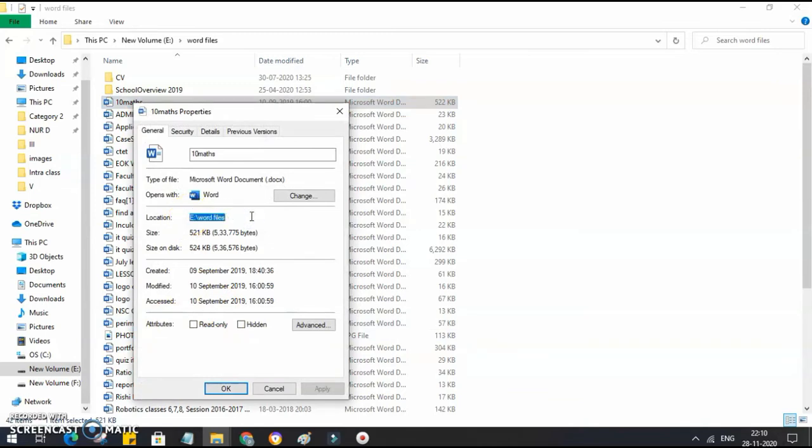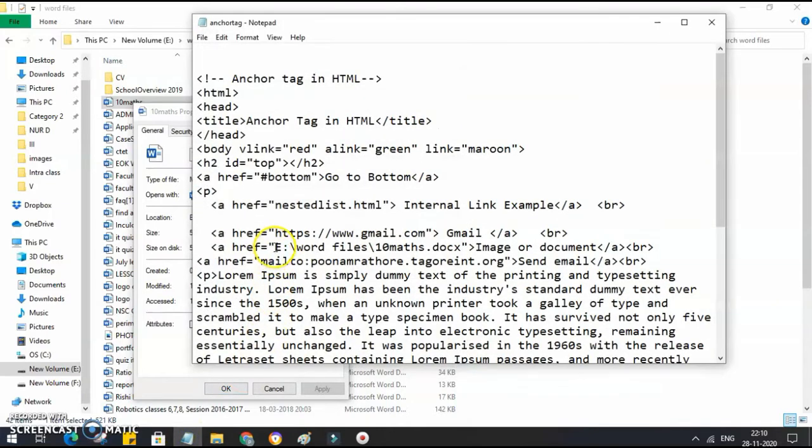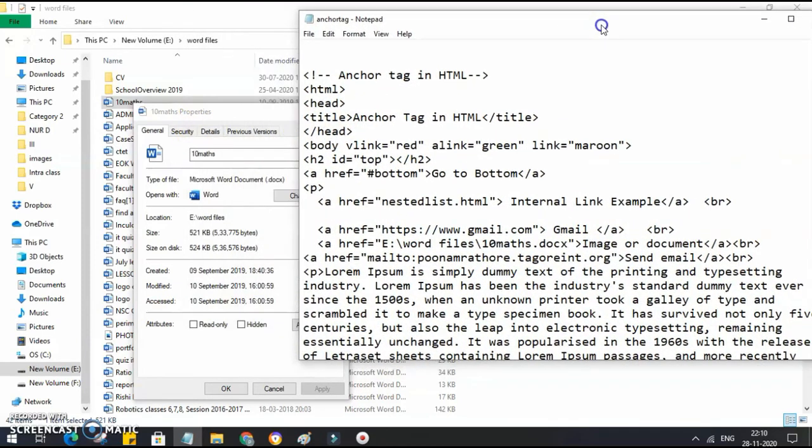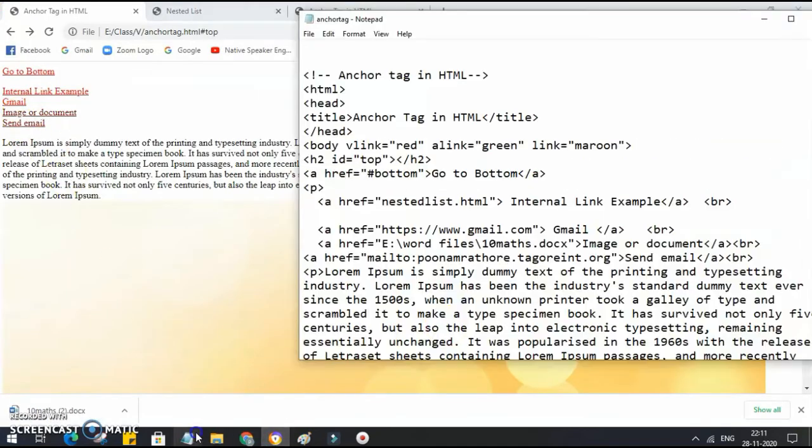Just copy this and then paste it over there in your notepad. E Word files. I have pasted eWord files, but this is not the full address. The name of the file is also to be mentioned, which is 10 maths and then extension .docx. Okay, then whatever you write will be displayed on the web page.